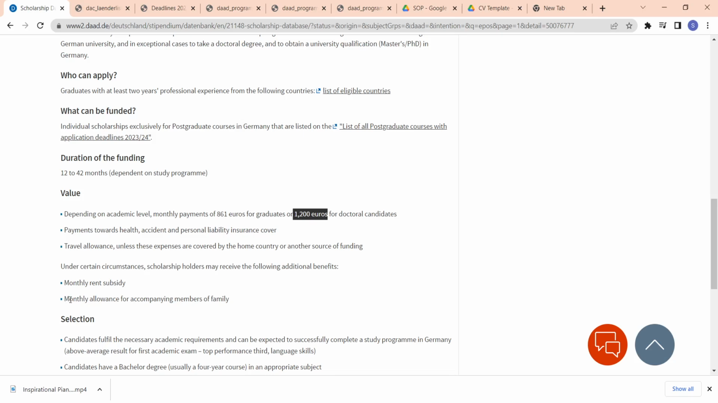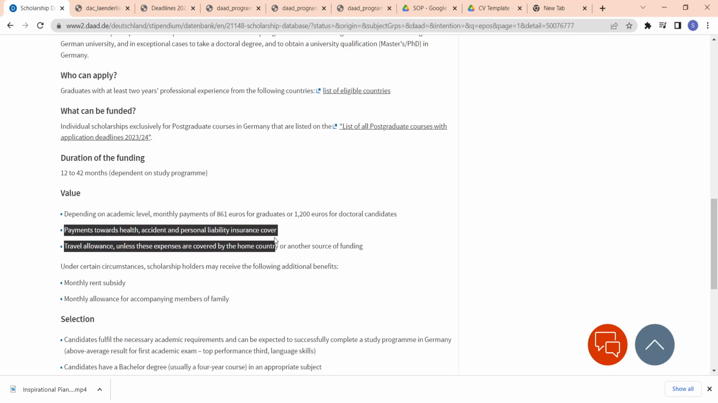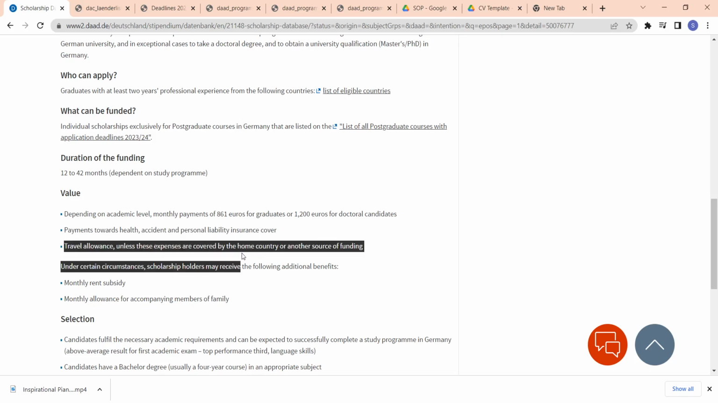And also if you happen to live with your family, you can also get additional payment, whether your wife or your children, they also get payment from the scholarship at the end of every month. And there's also payment towards health, accident, and personal liability insurance, which are also covered. It's a fully funded program, so you can expect this. And you get travel allowance also, unless the expenses are covered by your home country. Once you arrive here, they give you your travel allowance